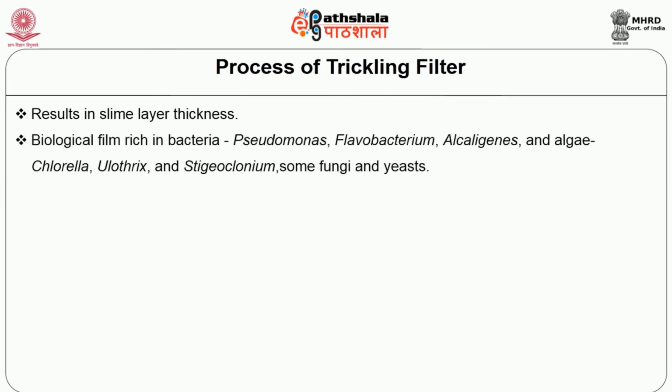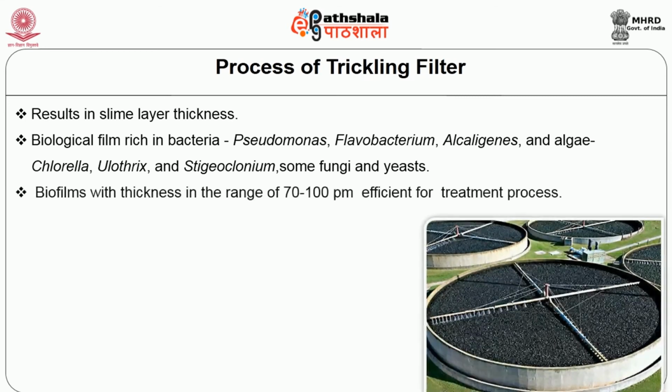The biological film is rich in bacteria, with loading of 1 to 4 in low rate filters, whereas in intermediate filters it is 4 to 10, in high rate it is 10 to 40, and in super rate it is 50 to 90, and in roughing it is 60 to 80. Organic loading is 0.08 to 3.2 in low rate, 0.3 to 1 in high rate. As the hydraulic and organic loading increases, it determines the type of filter.